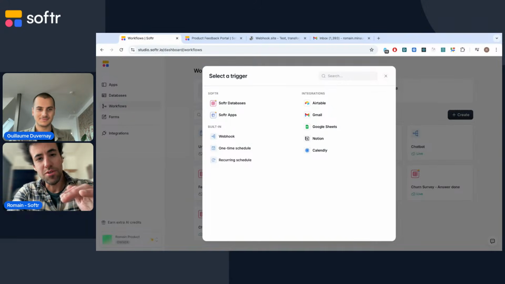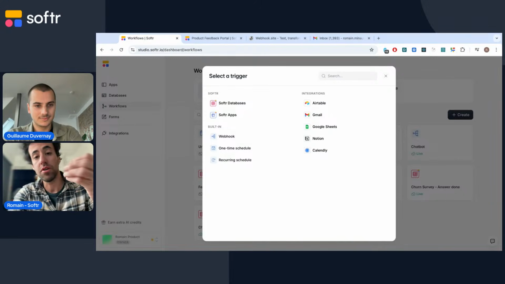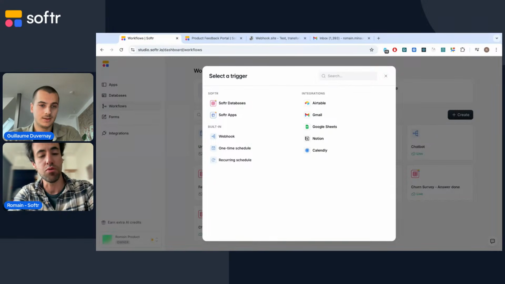Mentioning the roadmap, we are also going to launch a Slack trigger. That is going to be a trigger when someone posts a message on a specific channel. It will be a little bit the same pattern. You will be able to access the content of the message to do something in the workflow. Potentially, you could also answer in a thread to this notification to automate the full pattern. And we have Notion and Calendly.